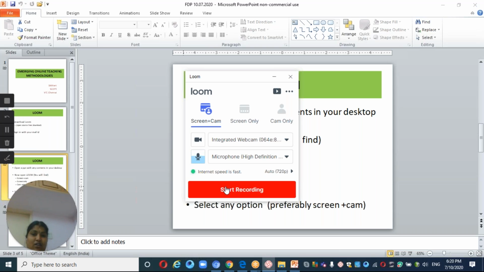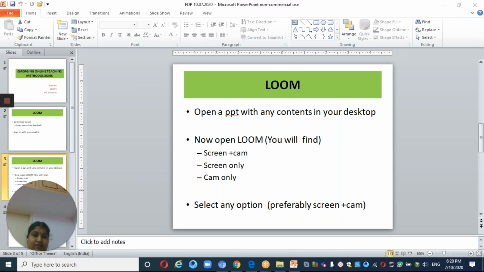Now give start recording. So I have started recording my lecture here, and it will start recording whatever I take, like the PPT which is being displayed, as I start speaking. When I start recording this, you can find the information at the left hand side. A red symbol is given here, which means that recording has started. And whatever you speak will be recorded, after which you can stop this.